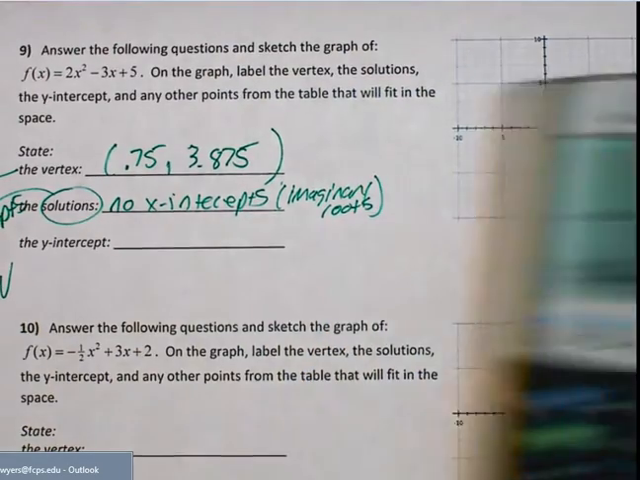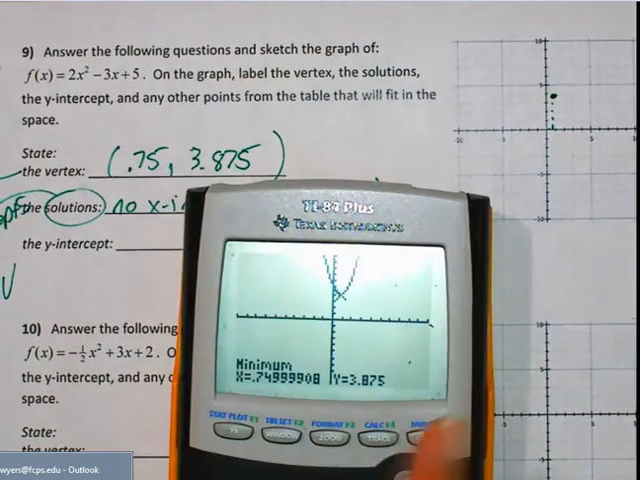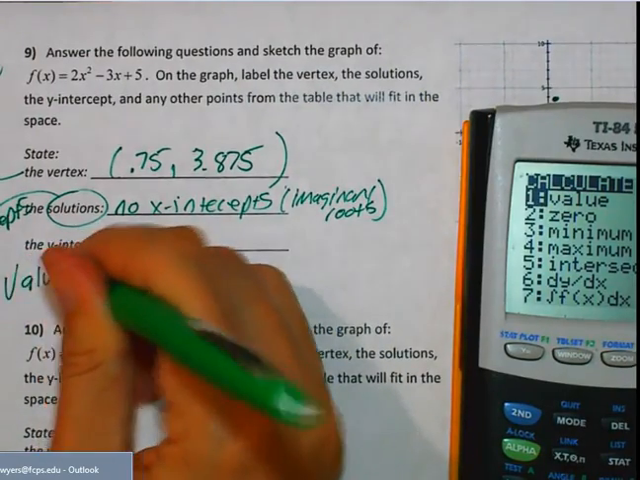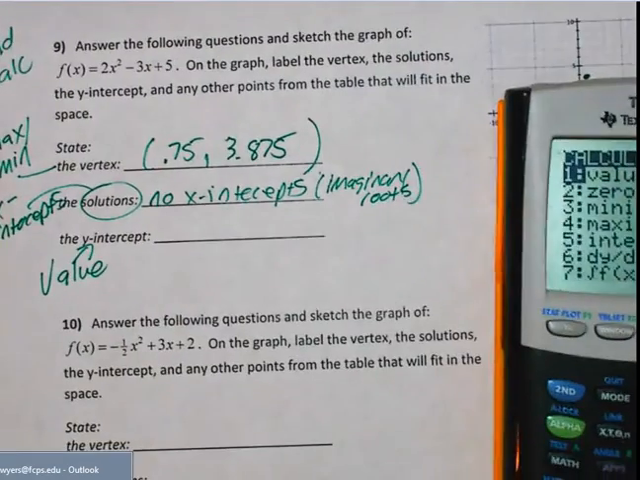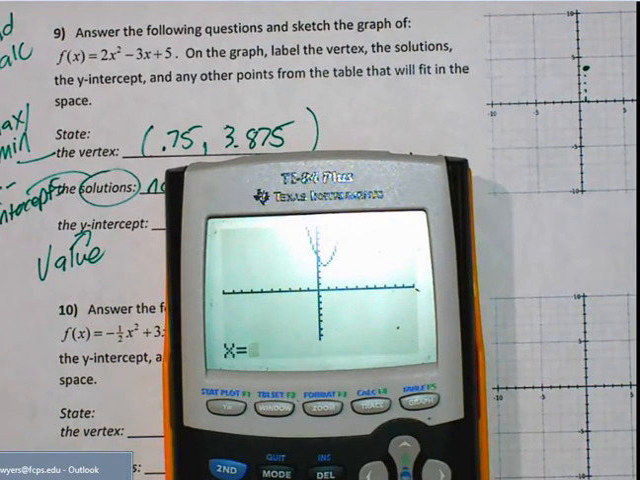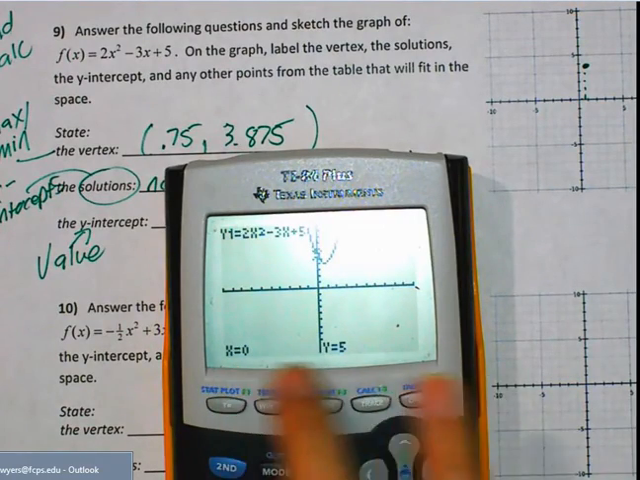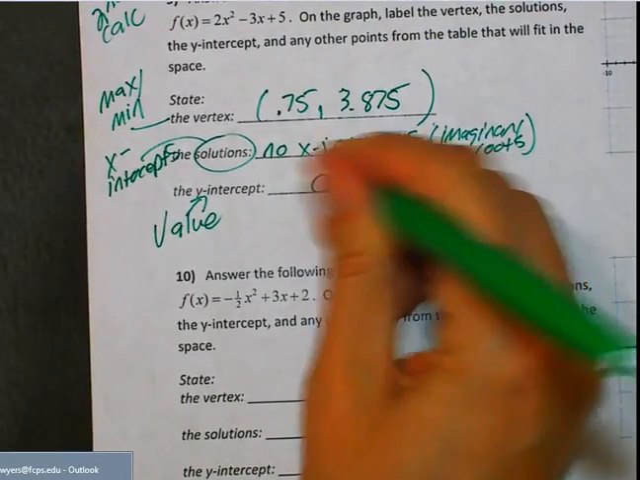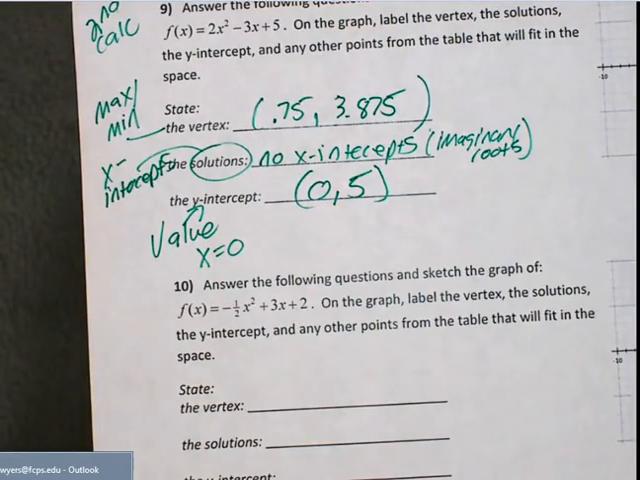Okay, and then the y-intercept. To get the y-intercept, you're going to go to second calc, and you want to do value. So for the y-intercept, you're going to do value in that second calc menu. The value of x on the y-axis is 0, so you're going to put x equals 0. And then it's going to give you 0, 5. So that is your y-intercept, 0, 5. Okay, so you're going to do x equals 0 when you do the value in that second calc menu. Let's go ahead and plot that,